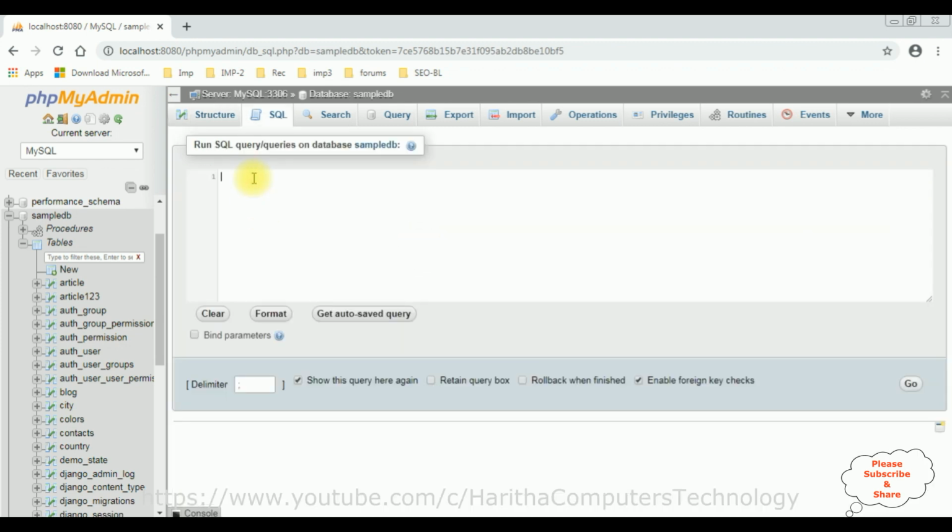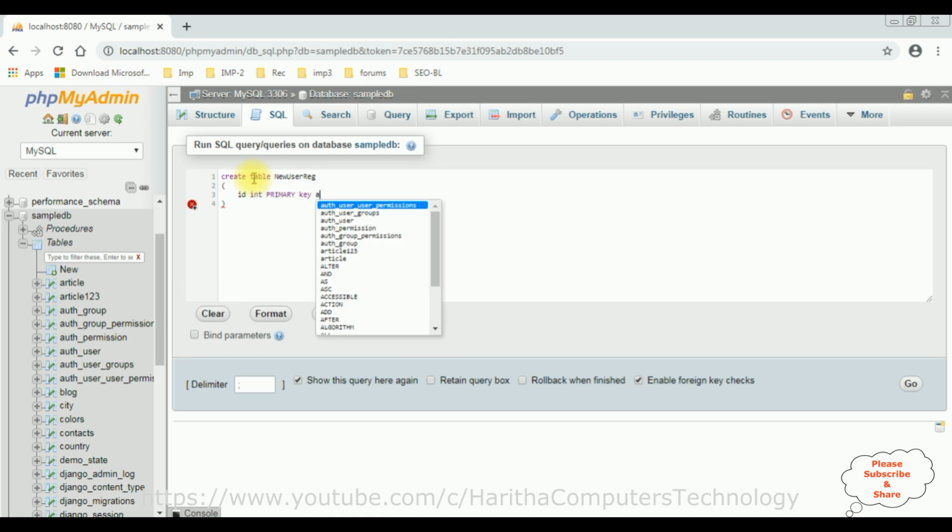I'm writing a query to create a table. Create table new user reg is my table name, and after that I'm adding the column names. ID, which is an integer type. I'm adding primary key and auto generate column, and auto increment column, comma, and the second one is